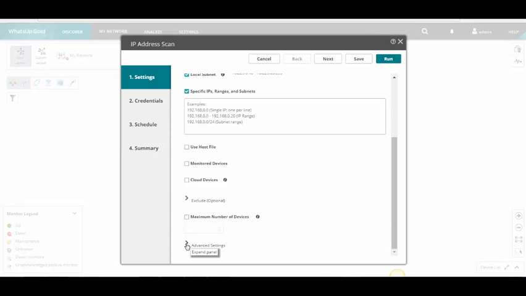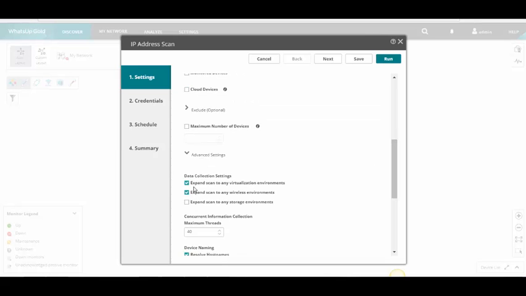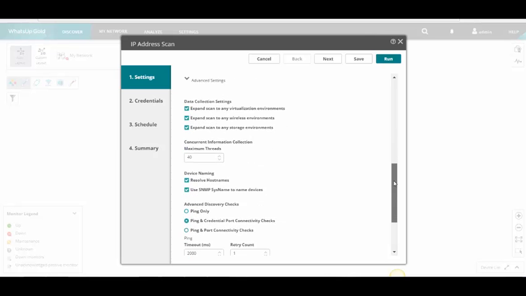And then we will be able to understand also cloud devices. We'll need some additional credentials there to discover the cloud devices. And then we can expand to any virtual environments, any wireless environments, and also any storage environments that are NetApp, EMC, or Dell Compellent. With those environments, we will get some enhanced monitoring of the storage environments using SMI-S credentials. However, we can monitor any storage environment via SNMP with whatever is available there.